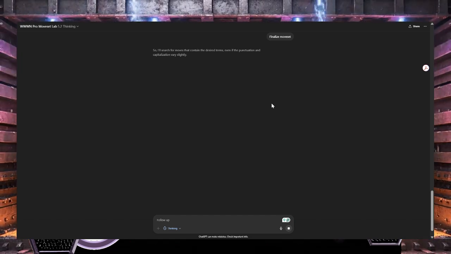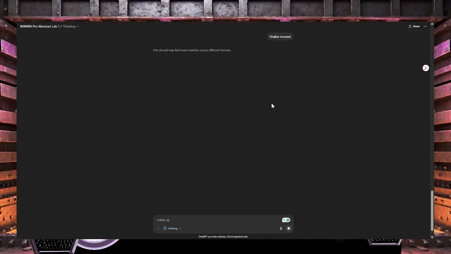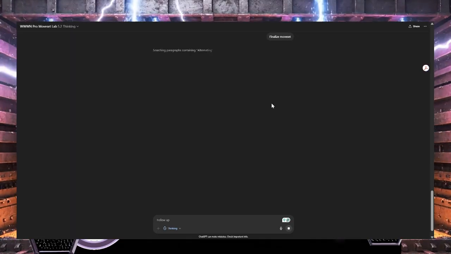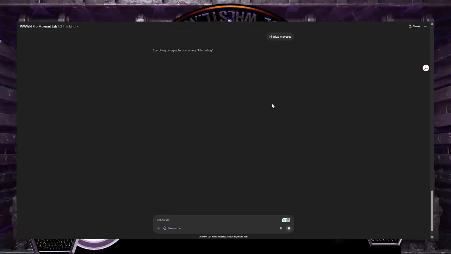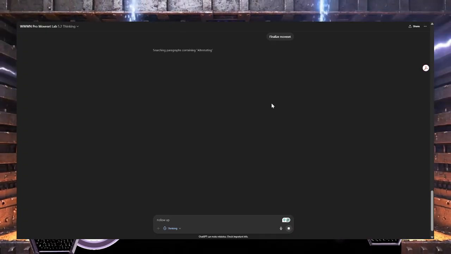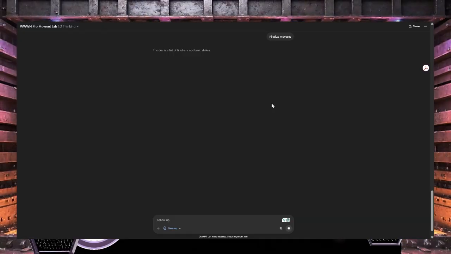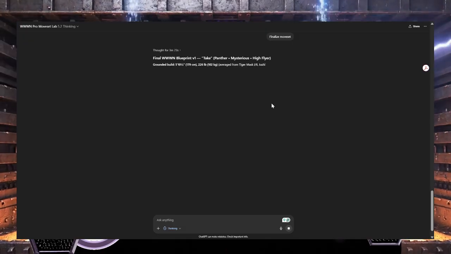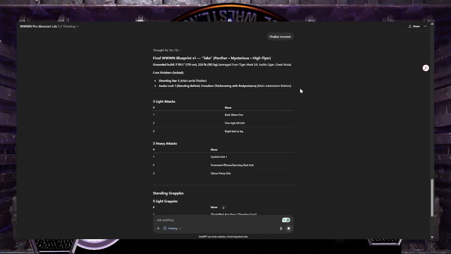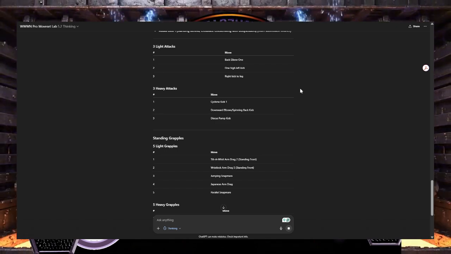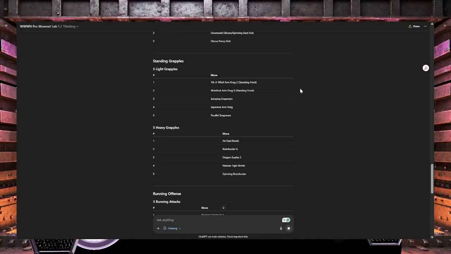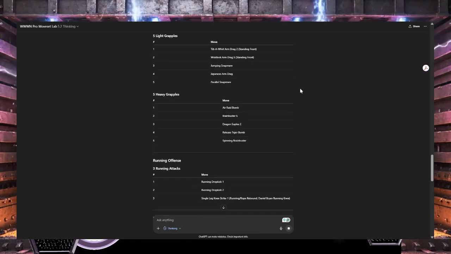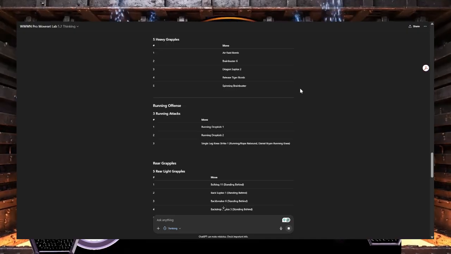This GPT allows us to upload data points, spreadsheets. What I need help with is a small and dedicated group of people who are willing to join me in this endeavor to basically categorize this move list. So what this is going to spit out, and this is our beta right now, is 3 light attacks, 3 heavy attack suggestions, 5 standing light grapples, 5 heavy grapples,